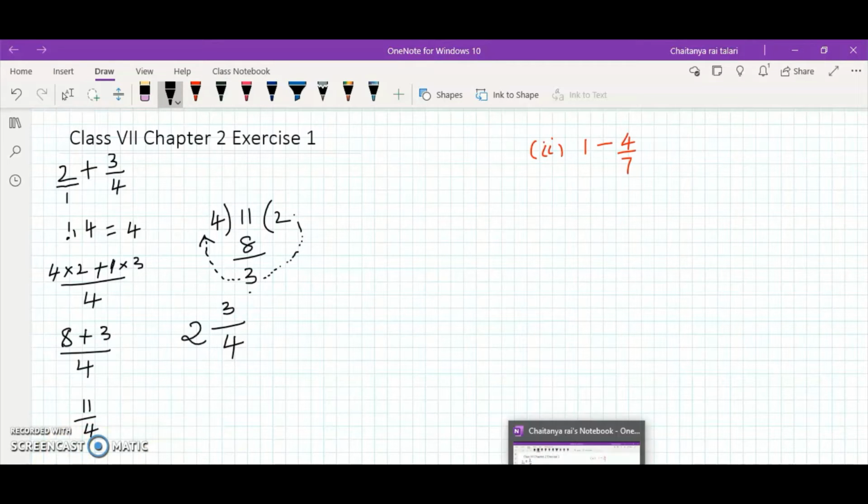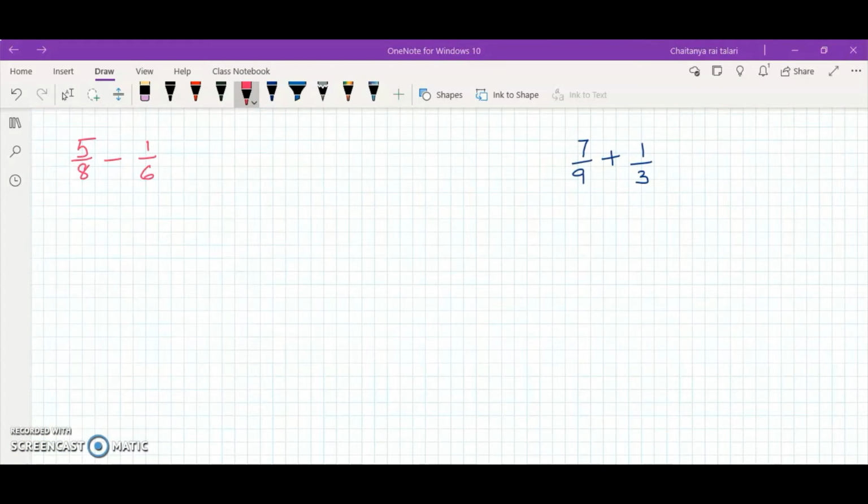We'll see another question now. Here we have 5 by 8 minus 1 by 6. So we need to take the LCM for 8 and 6. So we have a process for how to find this, the factors process. We will write them as 8, 6. We will take 2 because that is the smallest prime number which divides both numbers. So here it goes 4 times and here it goes 3 times. And again I am taking 2, so it goes here 2 times. Since 3 is already a prime number, we don't go further, and this 2 is also a prime number.